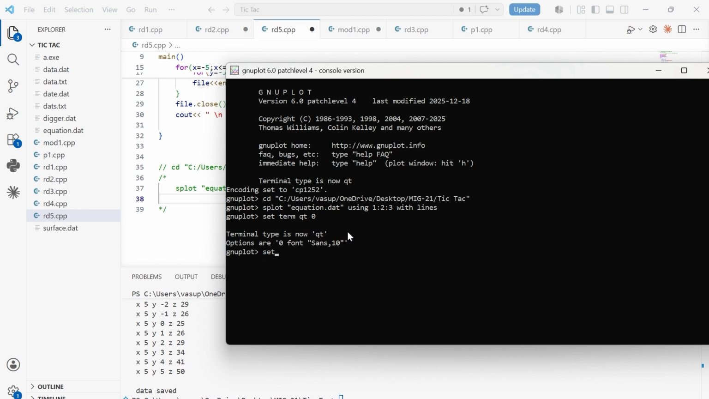Okay, so now set title. This thing is there, and then set the label, same thing again. So now we have done this thing. So now we write plot. Earlier we used splot, but now we will be using plot. Okay, so plot equation